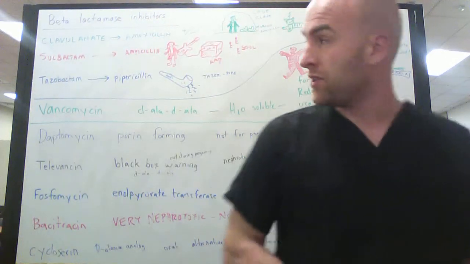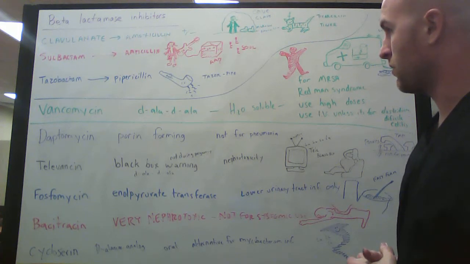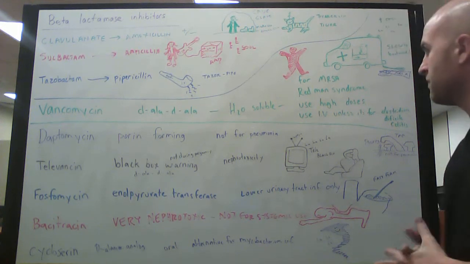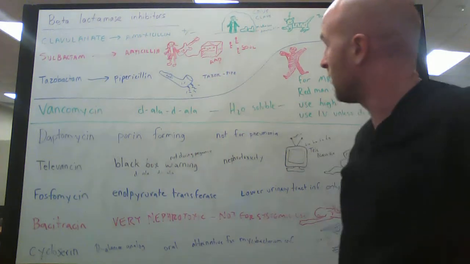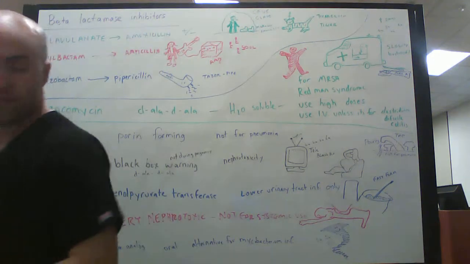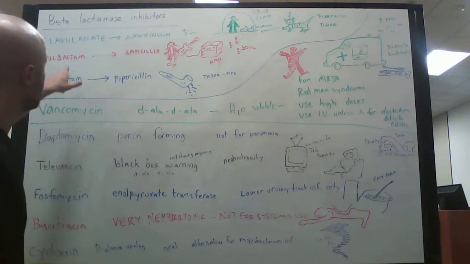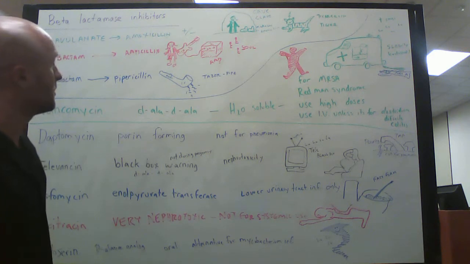This is pharmacology, starting out with the beta-lactamase inhibitors and going through vancomycin and some others. Starting out here, we have the beta-lactamase inhibitors. Clavulanic acid or clavulanate is used in combination with amoxicillin, and this can be for either a gram-positive or a